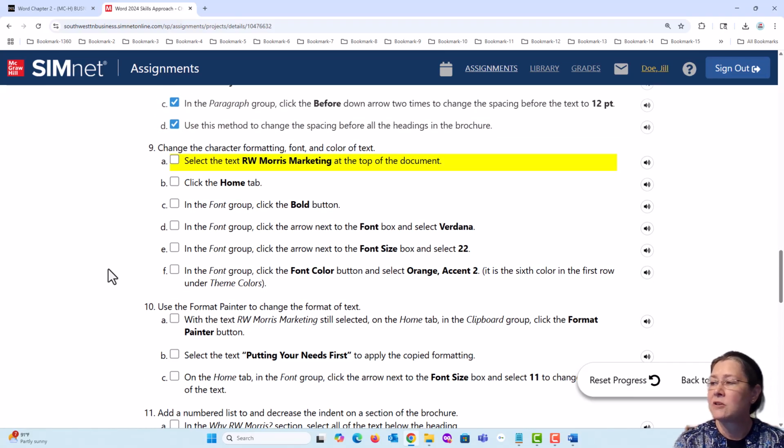Step 9, check the character formatting, font, and color of the text. Select the R.W. Morris Marketing at the top of the document. Click the Home tab. Look at this. We're going to bold. We're going to click the arrow next to the font box, and we're going to change the font to Verdana. Then we're going to make it big. We're going to make it 22, and we're even going to change the font color button and select Orange Accent